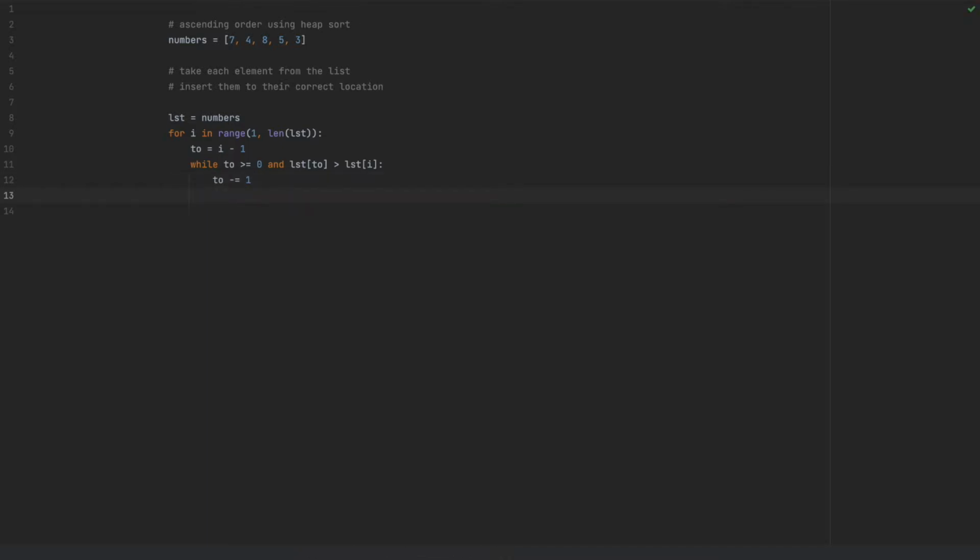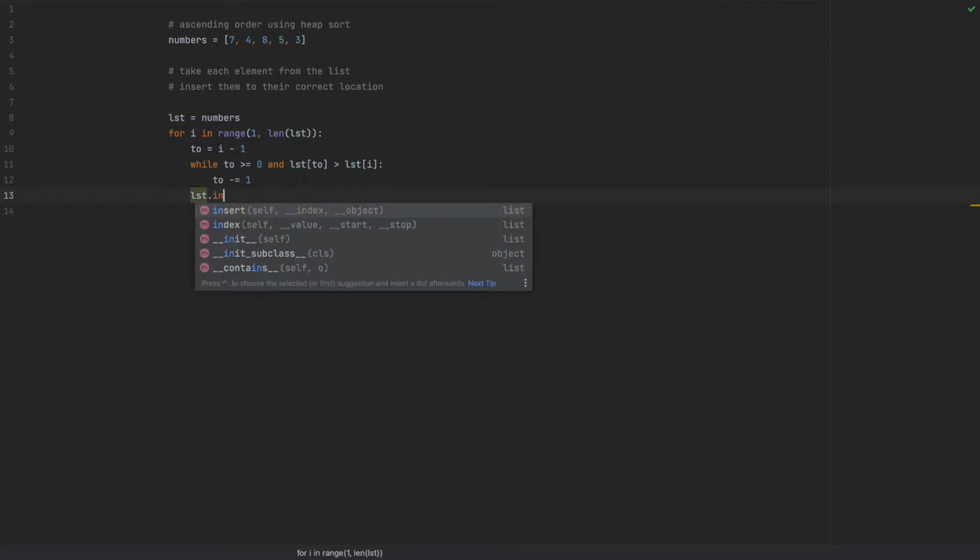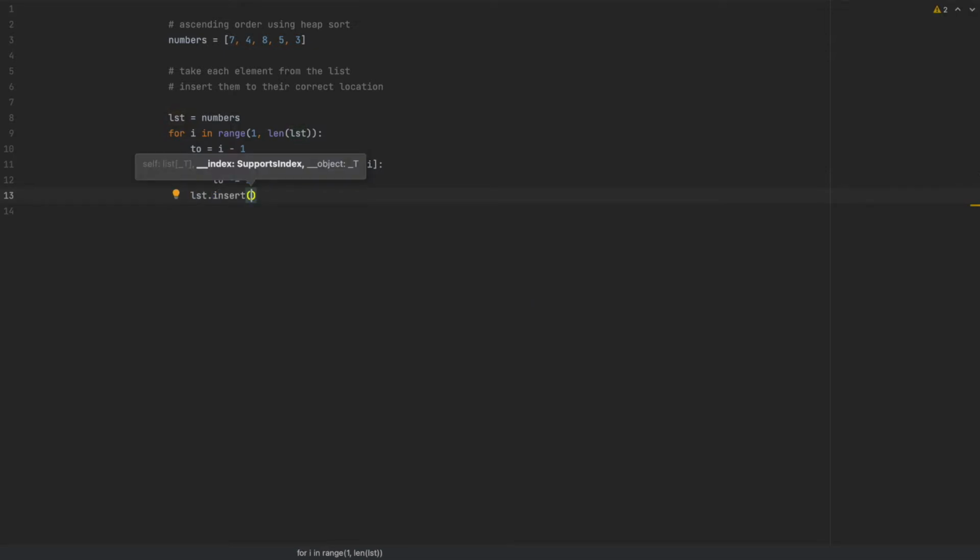And once this loop exits, the j index is going to be the value where we should insert this ith element. And let's do that using the Python insert method. So insert gets the first parameter as the index where to insert, and the second parameter is what to insert. And we will first pop the ith element and then insert it into the j plus 1 index.